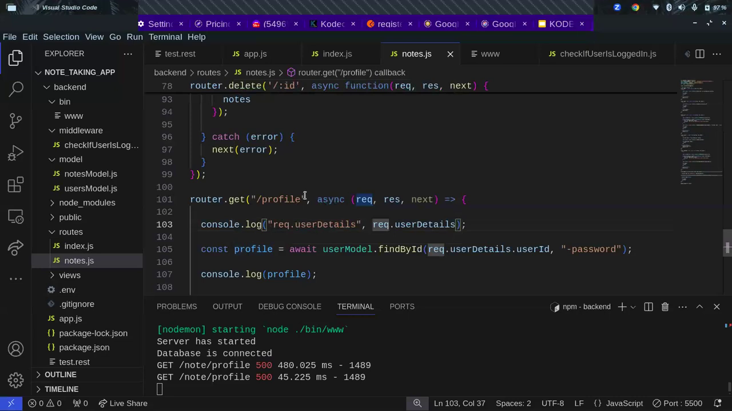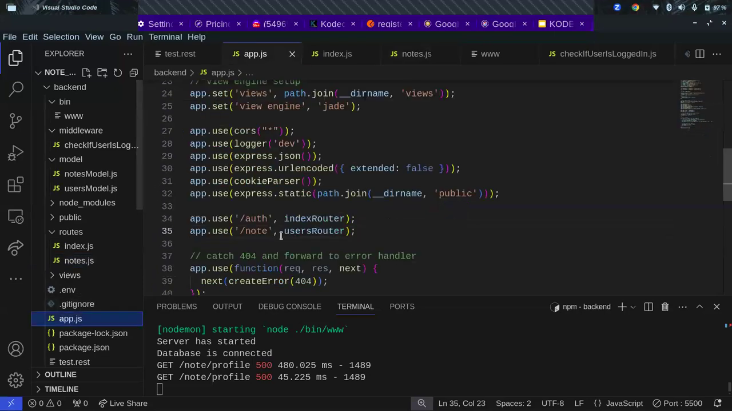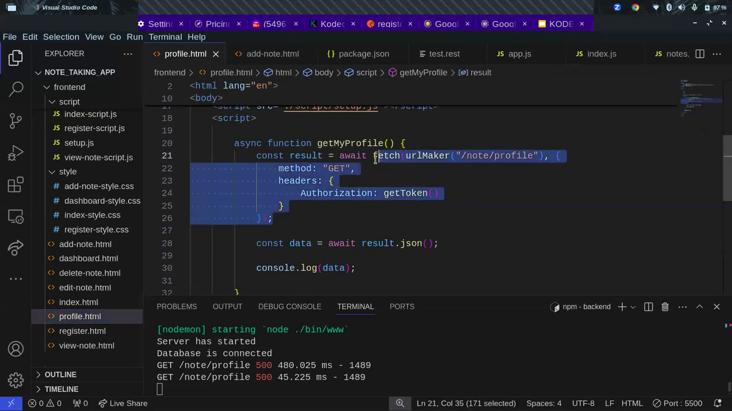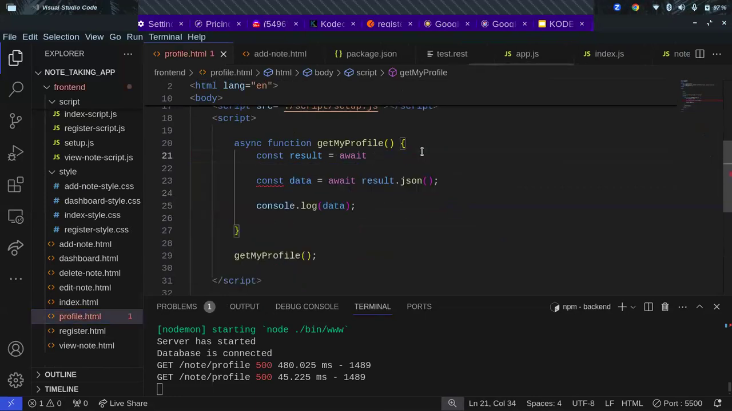It's just stopping before the route. If it actually hits this route, it would have logged out this req.user details. But the thing is, it's not even hitting that route. So we have notes slash. So let's come back here. The problem is somewhere here. So if I want to debug this, I have to type it again,